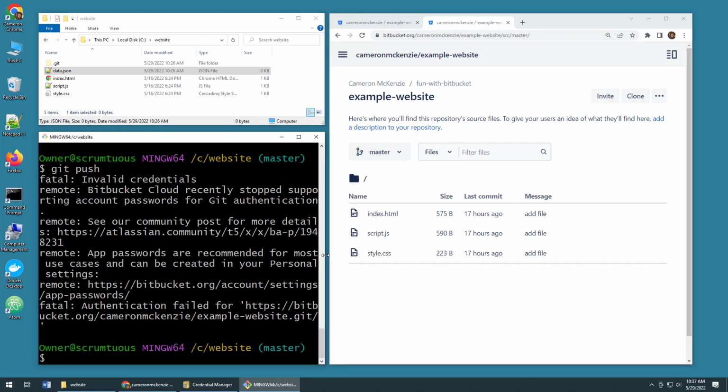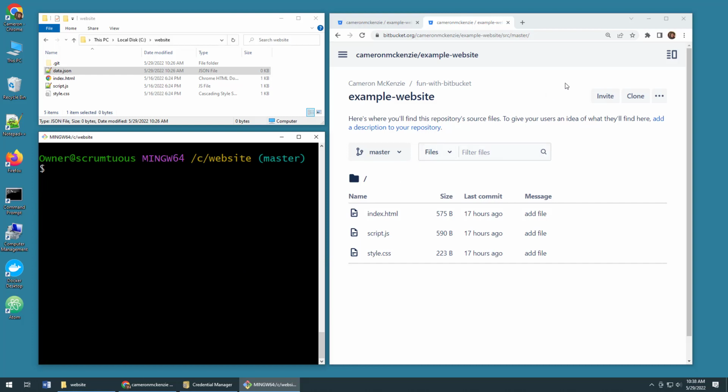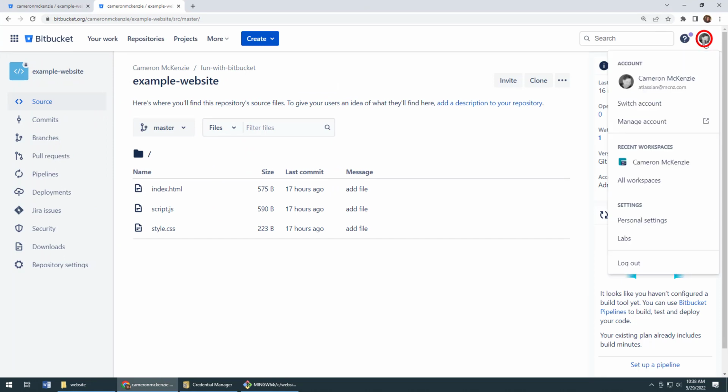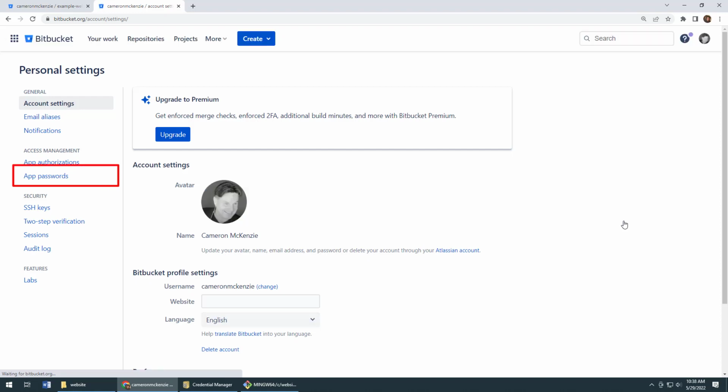So how do you use an app password? Well, here's what you do. You've got to actually go into Bitbucket. And if you go in desktop mode, you should see a handsome picture of yourself in that profile window to the top. And then you come down to personal settings. Click on that personal settings button and you'll notice that there's an option over on the left for app passwords. Click on app passwords